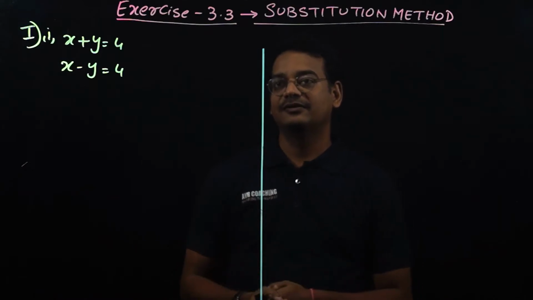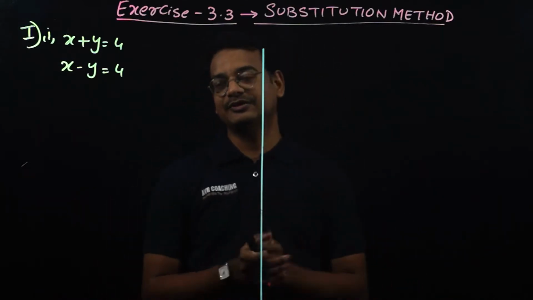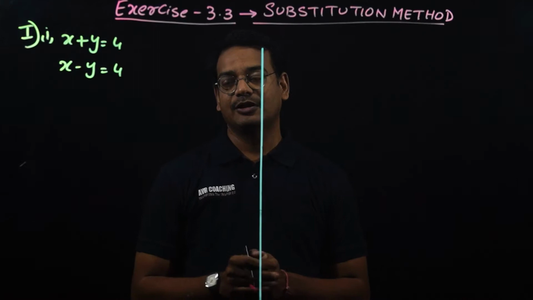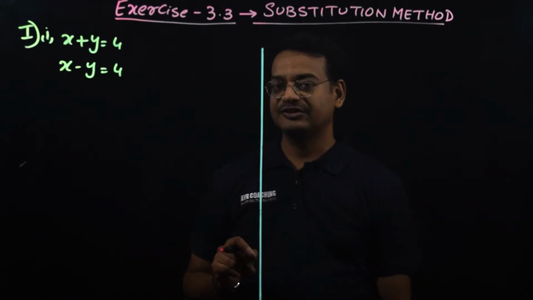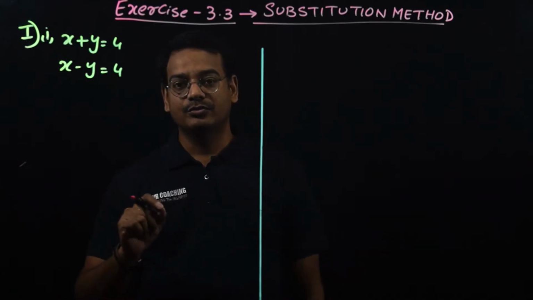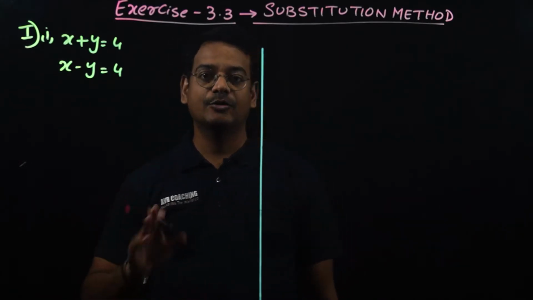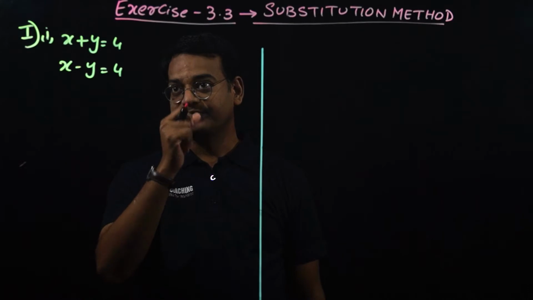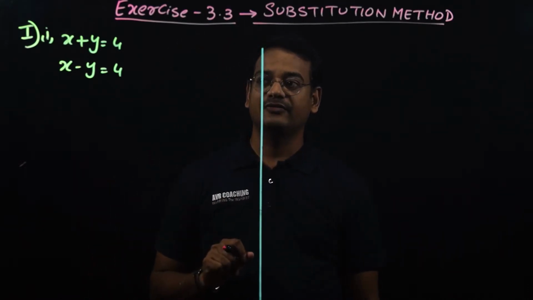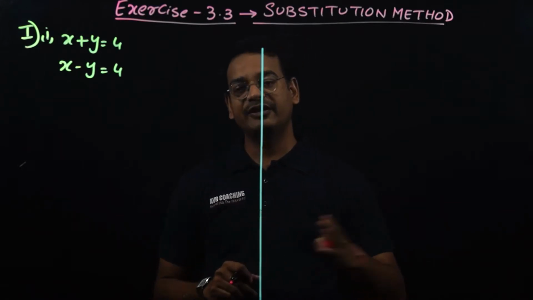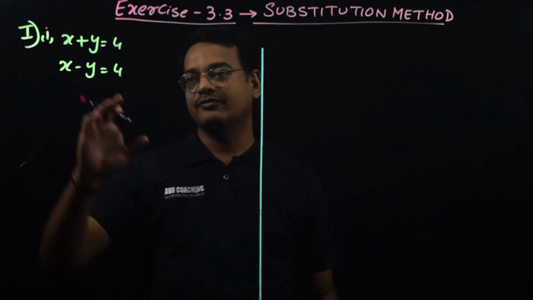Now exercise 3.3, substitution method. Why this method? Previously in exercise 3.2 we did graphical representation to find if the lines are consistent, parallel or inconsistent. Now from exercise 3.3 we have different methods with which we can find the value of